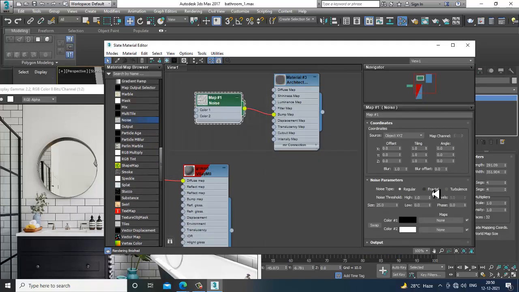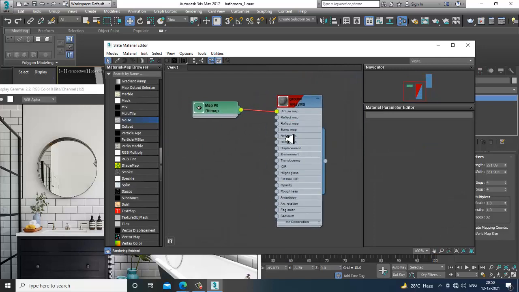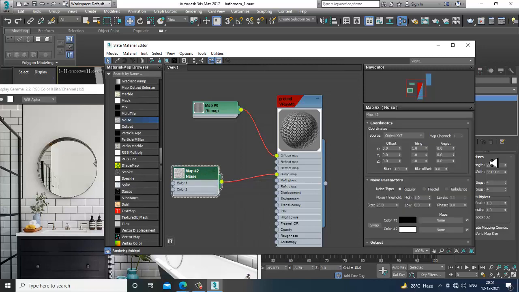Let's go into the bump, make it regular, and give it 0.02 over here. I'm extremely sorry, we headed into the wrong area. So just add a bump map over here, 0.02.